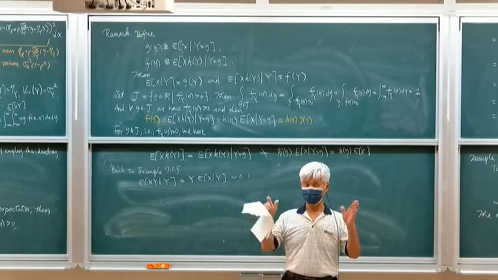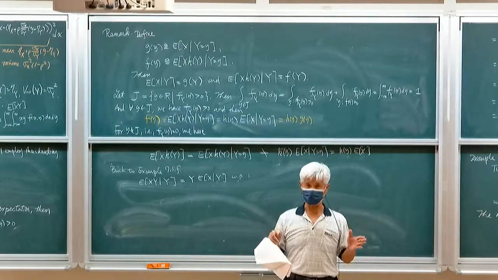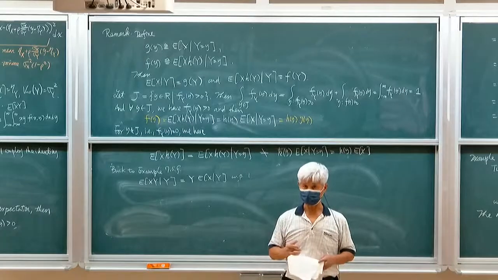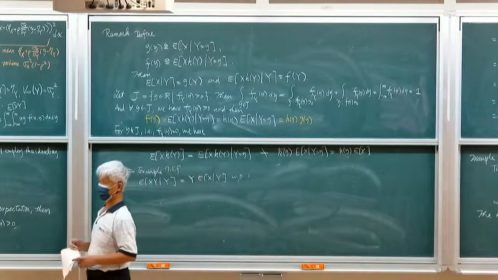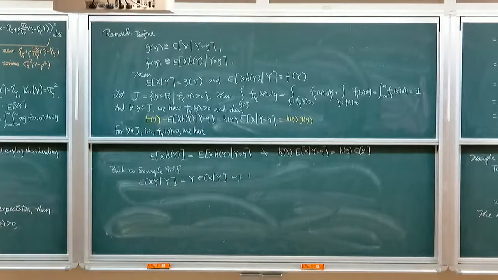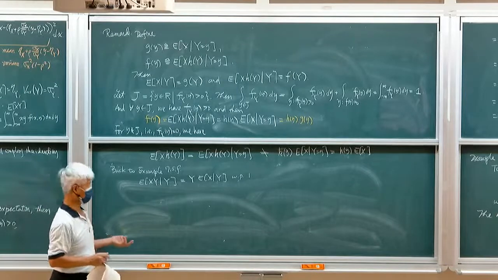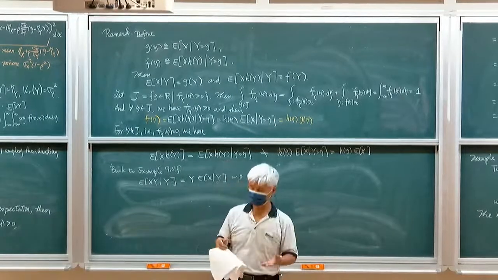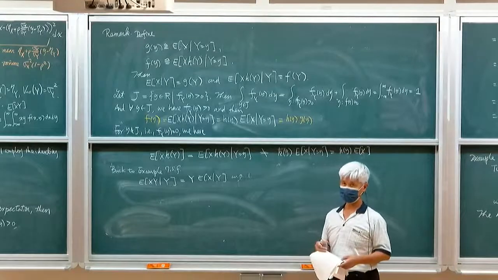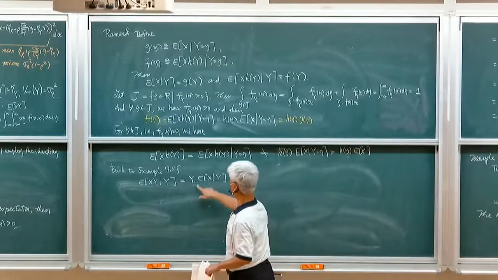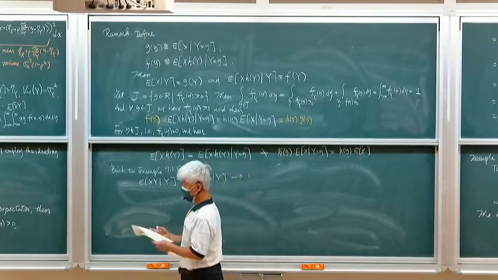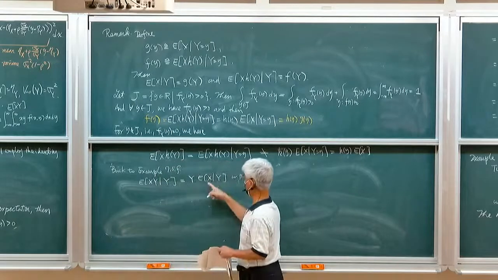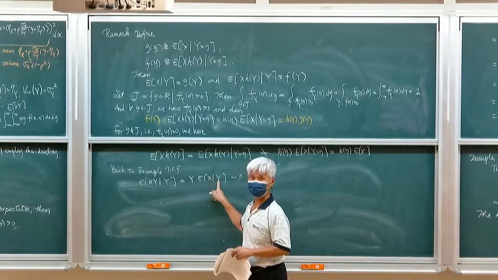Because in probability theory, if two random variables are equal with probability 1, then they have the same distribution. They have the same cumulative distribution function, and if they are absolutely continuous, then they have the same PDF. We can choose the same PDF for them. So we have this with probability 1. What we need is to compute the conditional expectation of X given Y. This is really what we need, right?